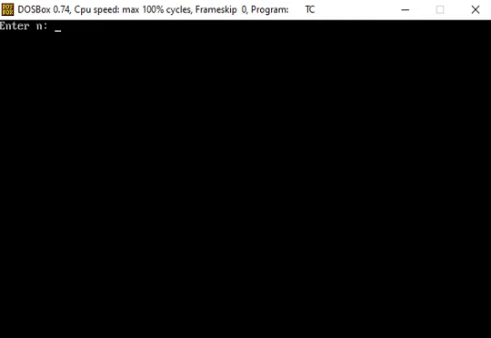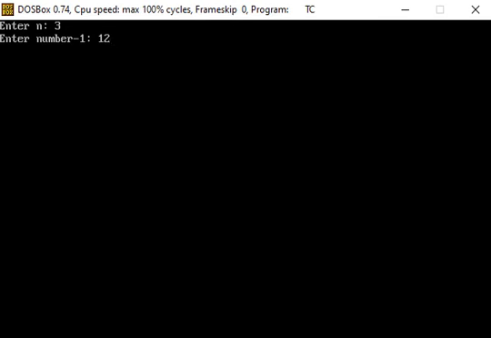So when we run the program, enter n. How many numbers user wants to add? Suppose user wants to add 3 numbers. Then this number, when the enter key is pressed, is stored with n. Now enter number 1. First number is to be entered.